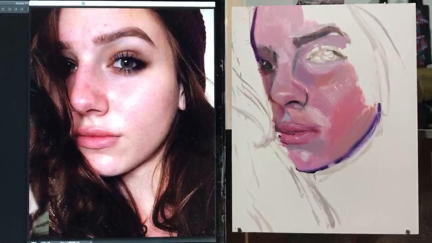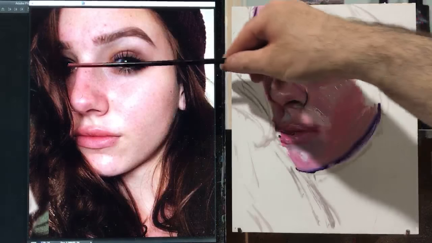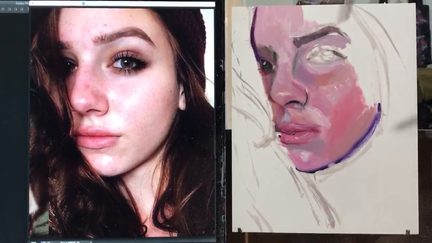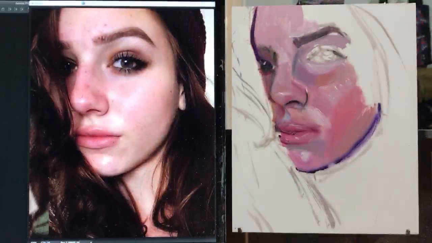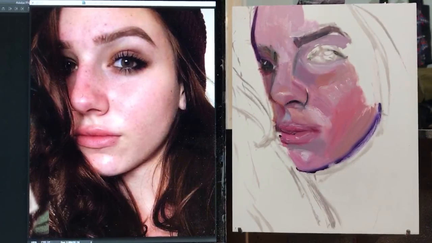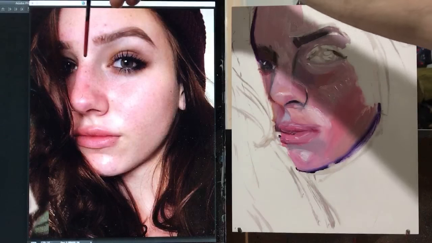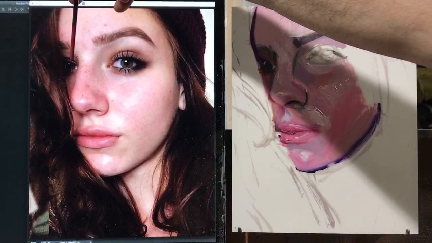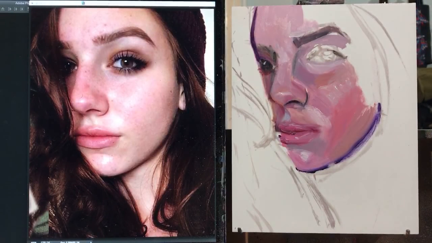Just gives me an idea of where things are. Yep, that looks like the right place. Oops, that's my brush. Okay, that's about where it needs to be. Okay, so